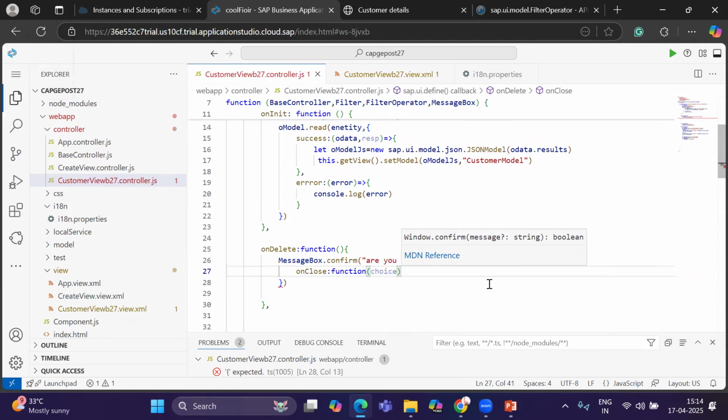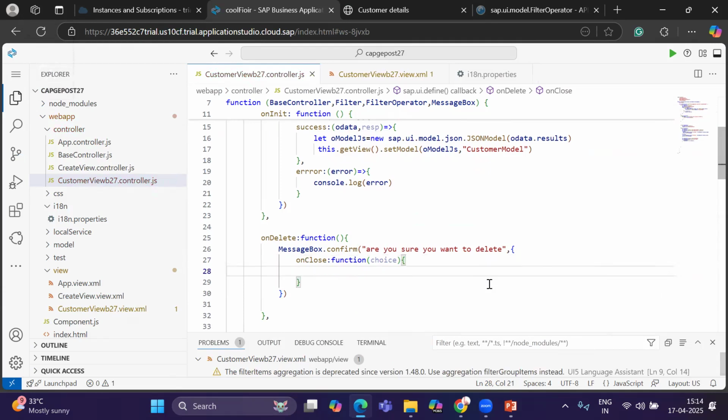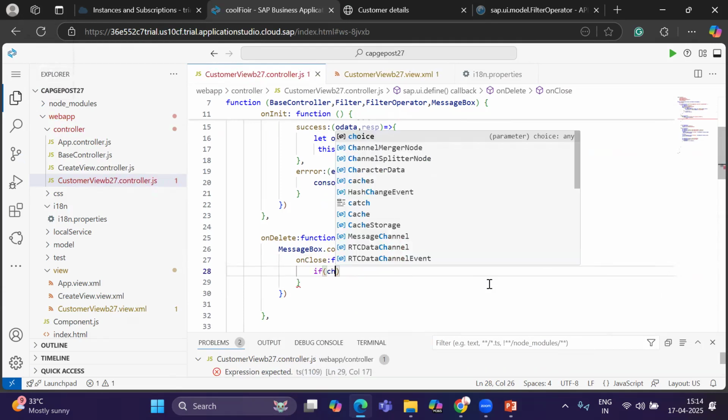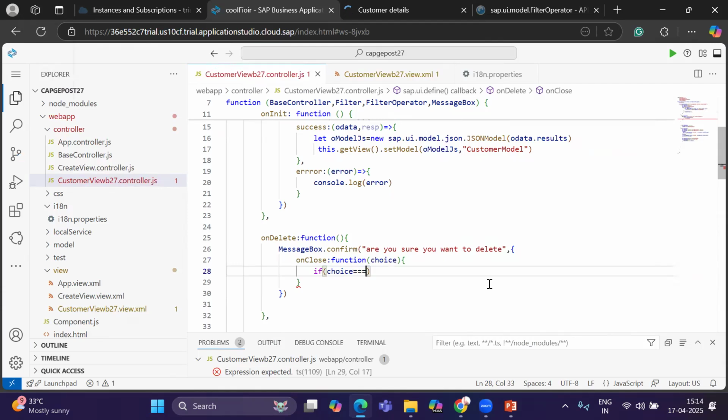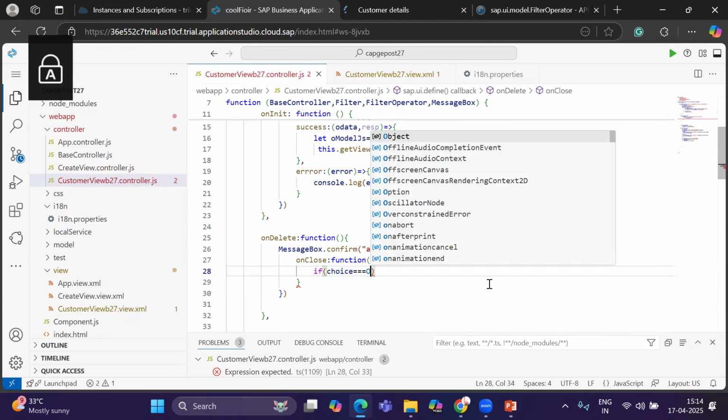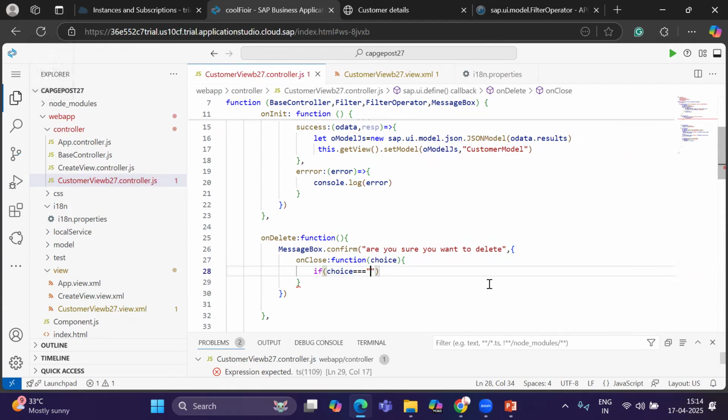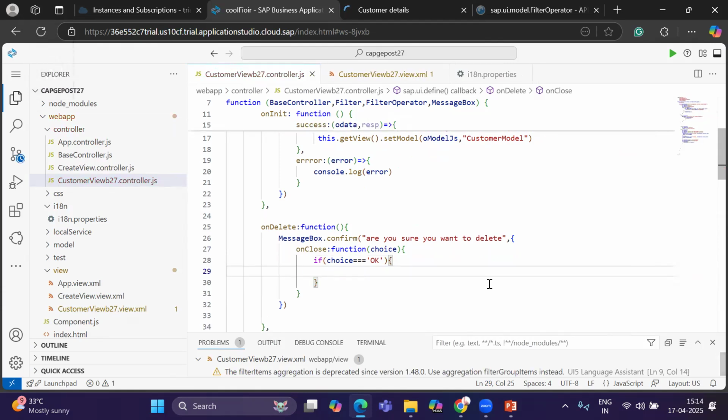And then once the choice is okay, so if my choice triple equals 'OK', keep it in single quotes, then so it's not direct deletion. You need to wait till the person makes a choice. So if they make a choice, then you should be saying that